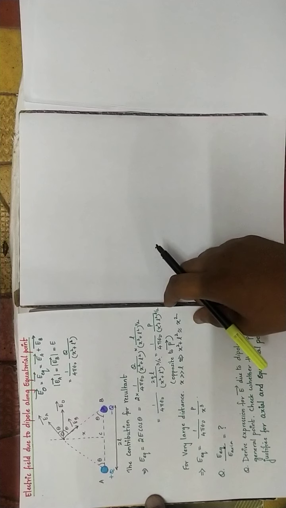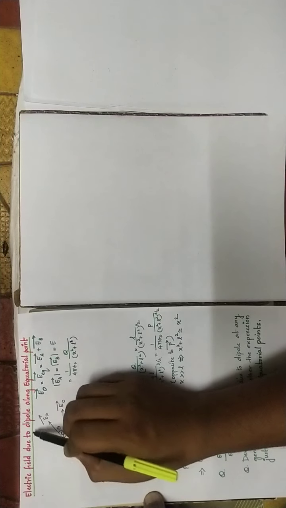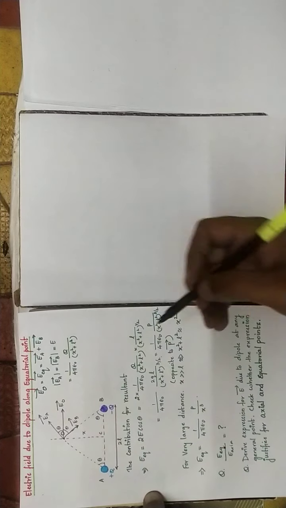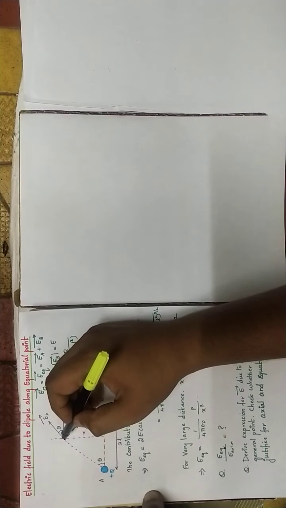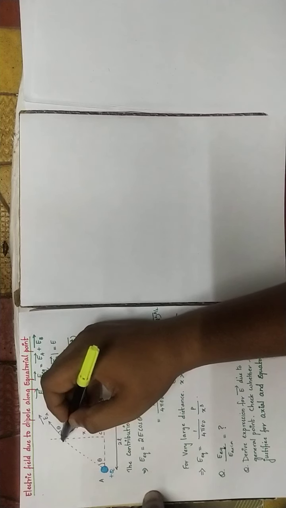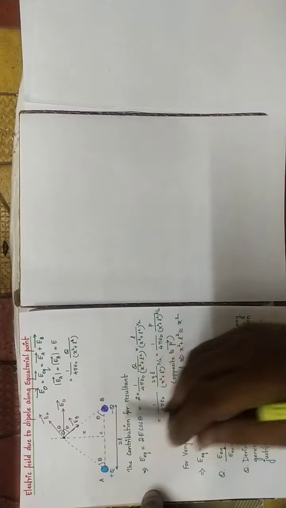Hi students, I hope that you understood the electric field along the axial point. Now, if I choose the point perpendicular to the dipole, we call it the equatorial point. So that is our next problem. You can see here the electric field due to a dipole along the equatorial point. I have chosen a dipole and the point is located at a perpendicular distance x. Then what is the electric field at this point?